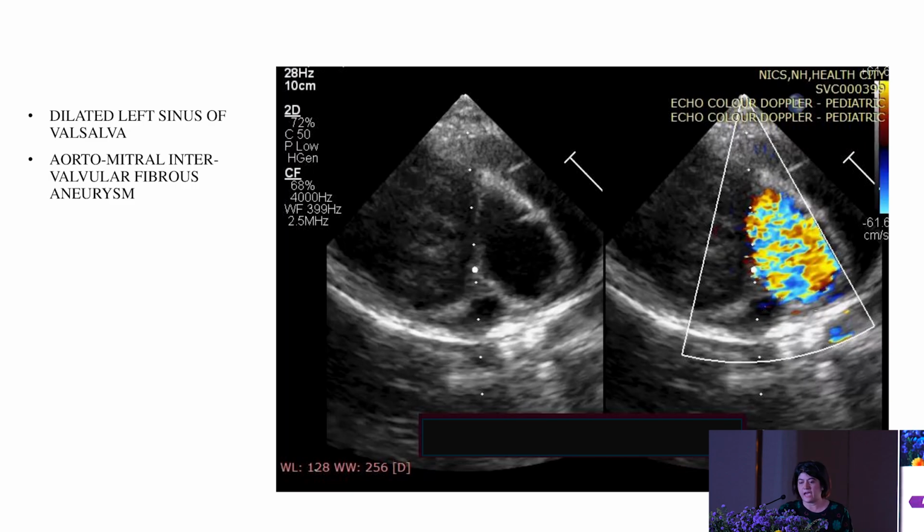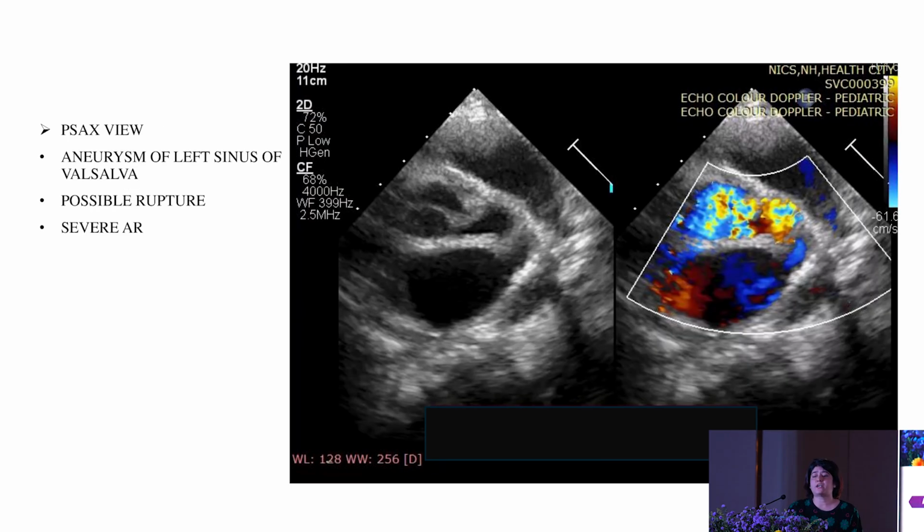Okay, I think it is quite clear here that there is a continuation of that, some aneurysmal sac is protruding. Okay, you can see that. In parasternal short axis, again we saw there was a dilatation of the left sinus of Valsalva. We were not sure, again AR was seen, we were not sure whether there is a rupture,